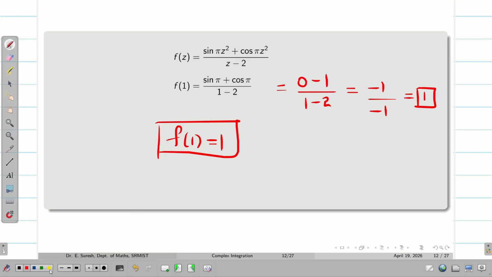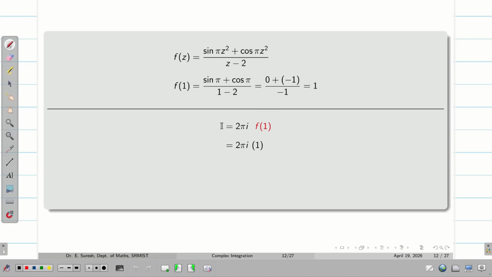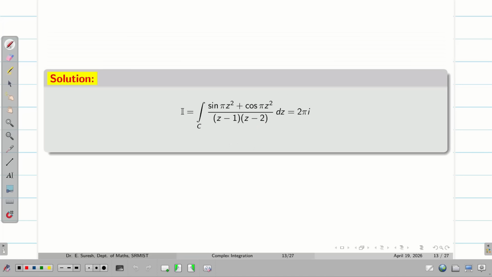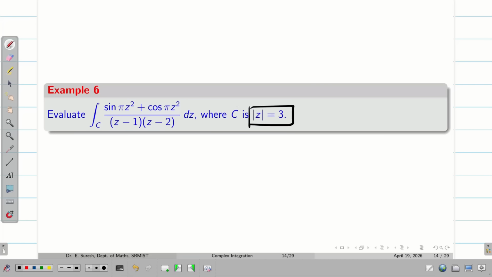Now we have to substitute this in I. Our I is 2 pi i into f of 1. That is 2 pi i into 1. Therefore, the solution for my problem is 2 pi i. Hope you understand, students. Out of more curiosity, I am going to take the same question with a different region, that is